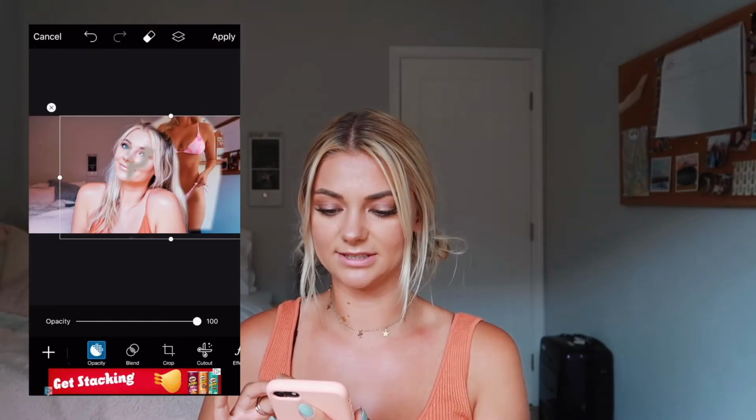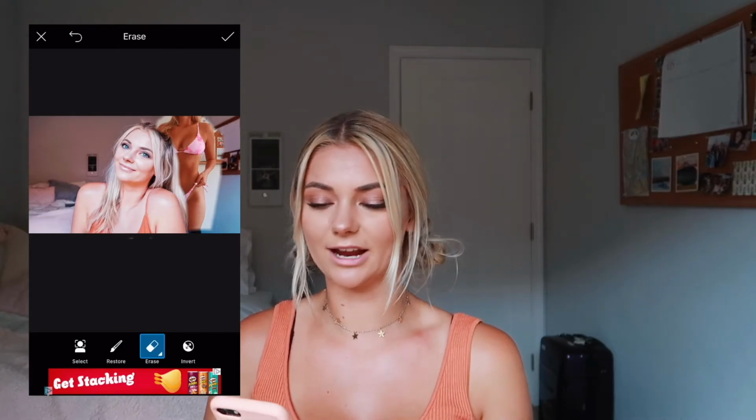Let's see how bad this looks. If I were to turn the opacity back up, this is, oh dear Lord. So then if I were to turn the opacity back up, this is what it would look like. Obviously, I would spend more time doing this, but for now, that's basically all you need to do. If you just do that and you take your time, it'll be perfectly fine.